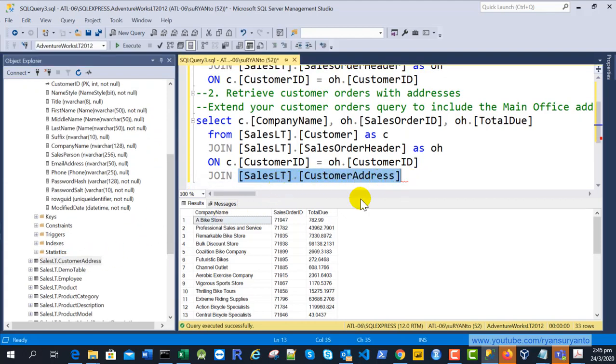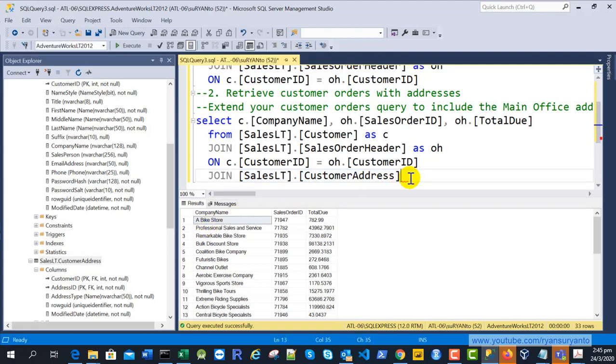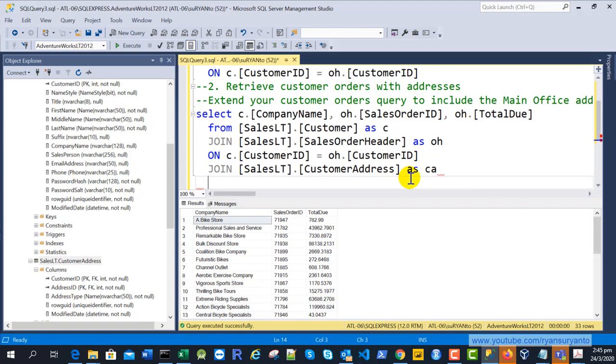Then to link, in the customer address you can find the column. You also have the customer ID. So here I put the customer address as CA, and then on this one, copy. After that change it with the CA.